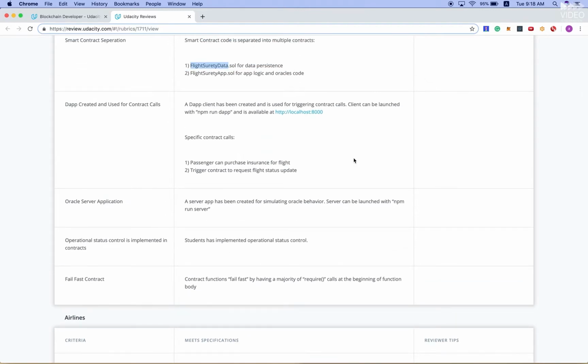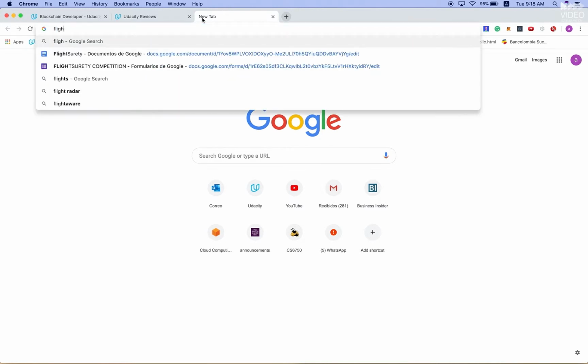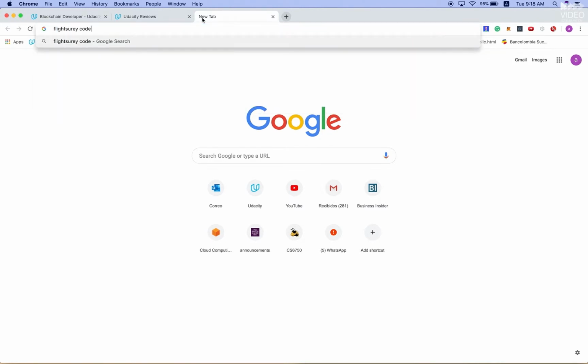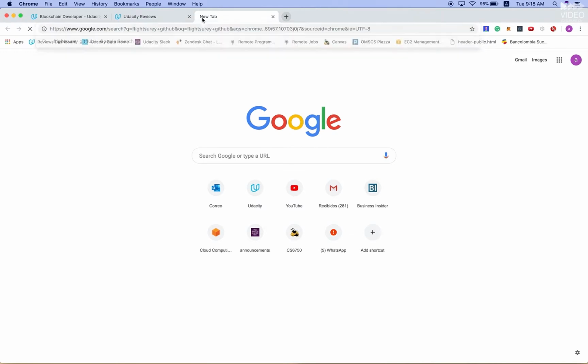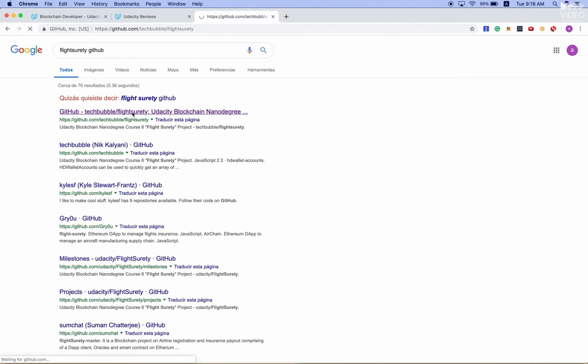Now for the DApp, sorry. You don't need to modify anything else. I recommend that you just work on top of the FlightSurety code I'm going to show you on GitHub.